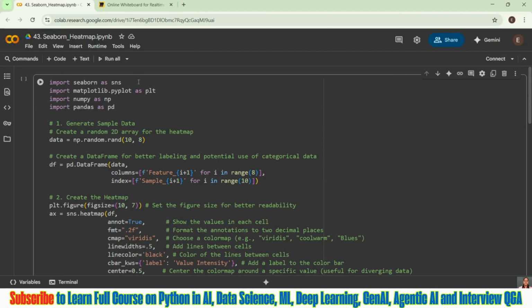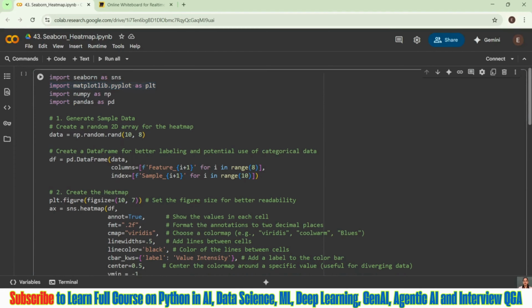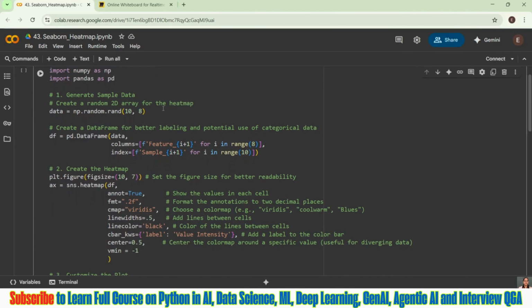So first, what is the thing we are doing? We are importing our libraries. I have imported seaborn because I'm applying all my plotting with seaborn. Then I'm getting matplotlib.pyplot, numpy, then pandas. After that, what is the first thing we have to do, guys? First, we have to get the data, right?